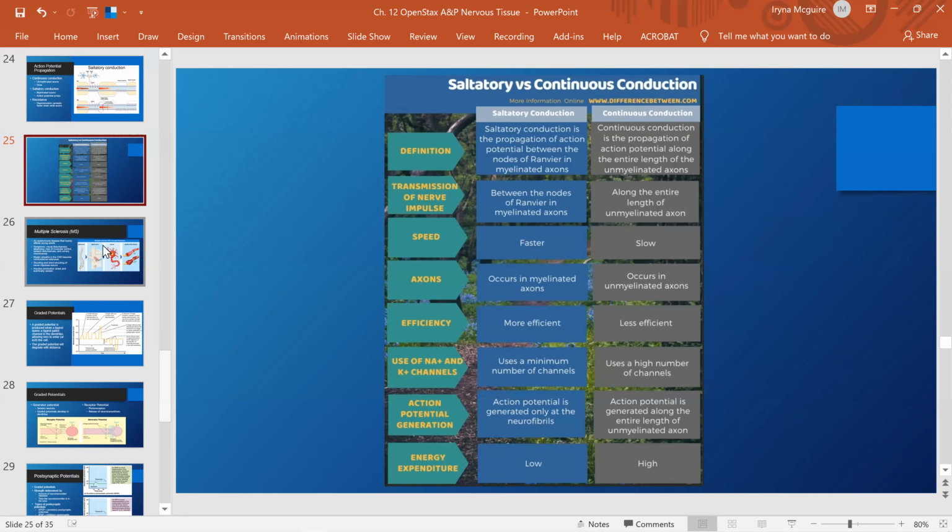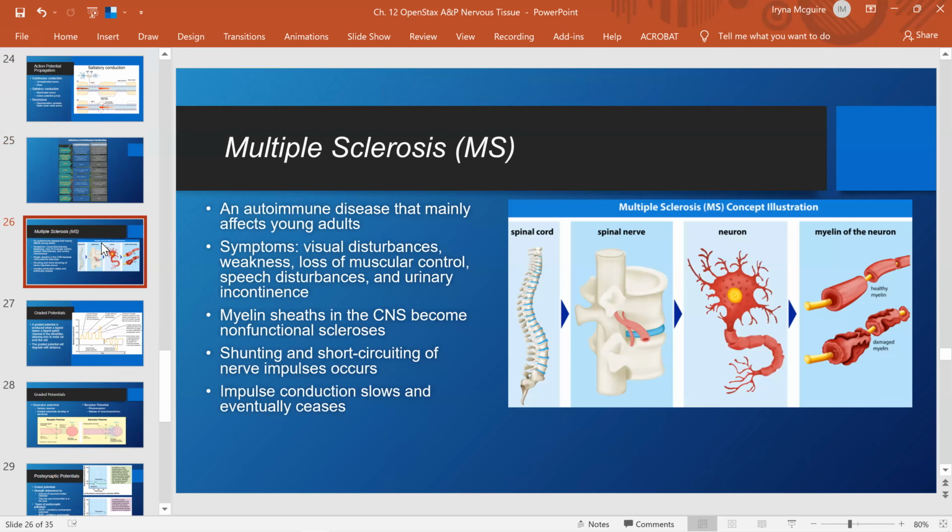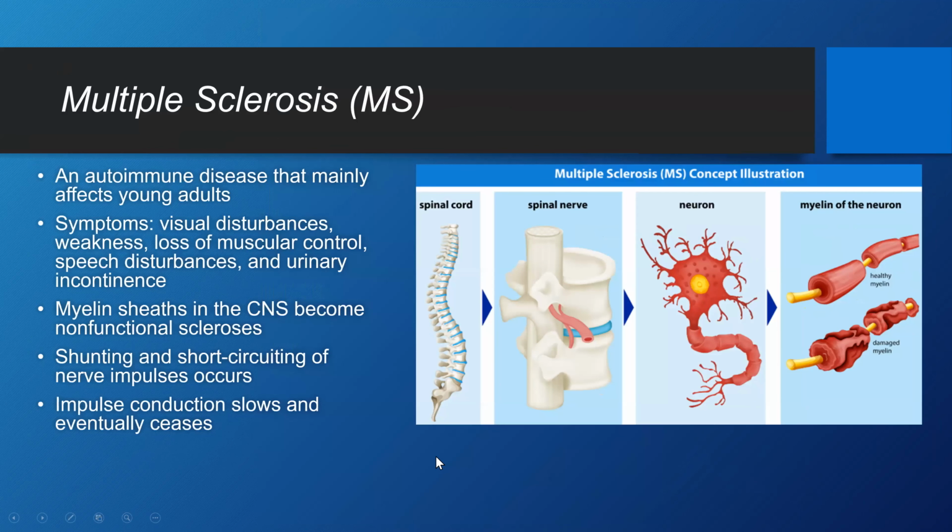So that's, by the way, this condition, multiple sclerosis, we're going to discuss very quickly. So it's autoimmune disease that mainly affects young adults. That means your own immune system attacked this myelin sheath, and you can see that myelin sheath now gets damaged, and then the speed of